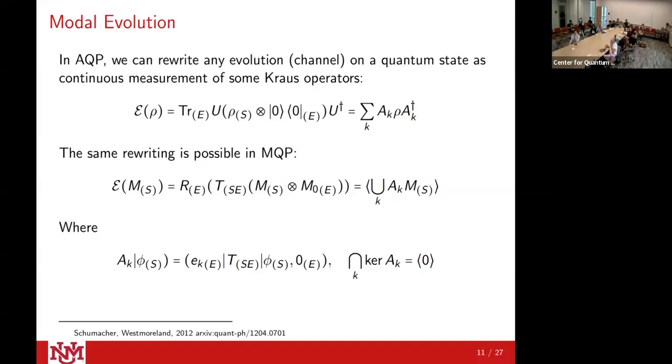Yeah, and so here's what these modal Kraus operators look like, which has a very similar flavor to the Kraus operators in standard quantum mechanics. Then we also have the Kraus operator normalization condition, right? In standard quantum mechanics, it would be the sum over A_k dagger A_k should be the identity. This is what we get here. So it's the same idea. We shouldn't be able to map a non-zero state to a zero state.